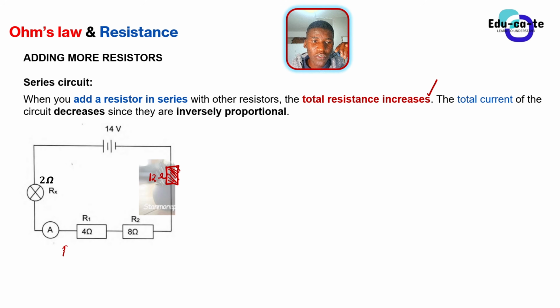To find the total resistance in a series circuit, you add the sum of these 3 resistors: R1 which is 2 ohms, R2 which is 4 ohms, R3 which is 8 ohms. Initially we had 3 resistors before we added these 12 ohms. So the total resistance at that time was 2 plus 4, 6, plus 8, 14. So this is 14 ohms. Initially the total resistance of the circuit was 14 ohms if we were combining these 3 resistors.